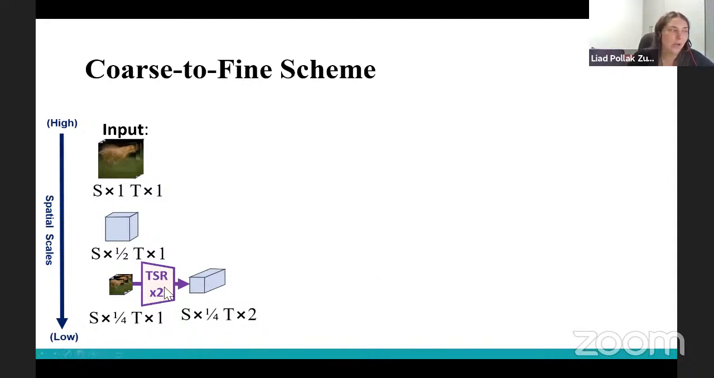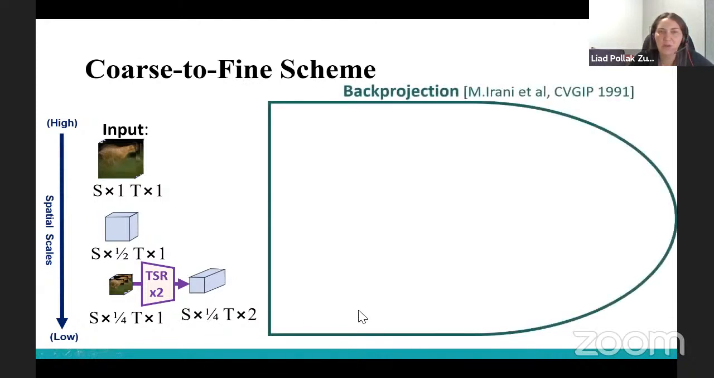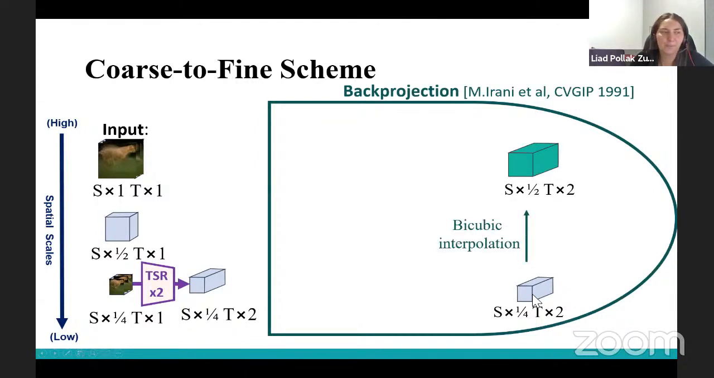And we train our network here to increase the temporal resolution by a factor of 2. So after this network, we get S1/4 and T2 times the original video. And what we do now is we want to recover the spatial resolution by a factor of 2. We want to go from S1/4 to S1/2, and we do that by back projection. So back projection is when we take the S1/4 T2 and we use bicubic interpolation to start with some S1/2 video,